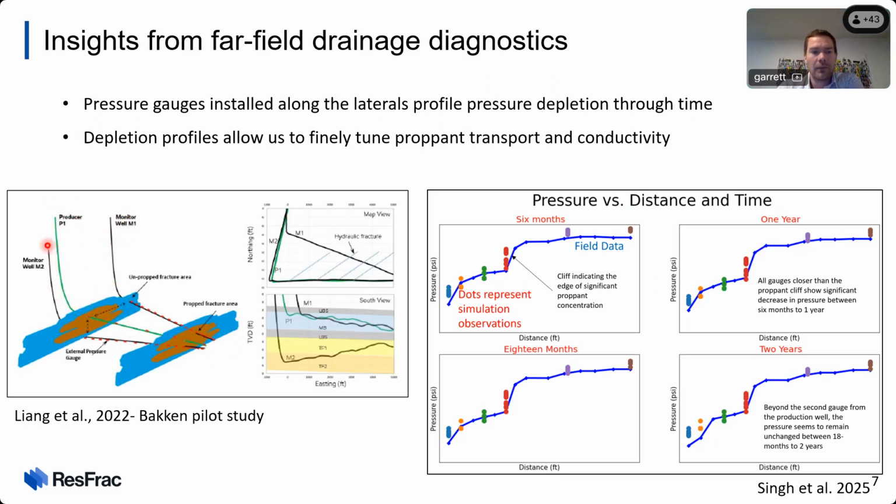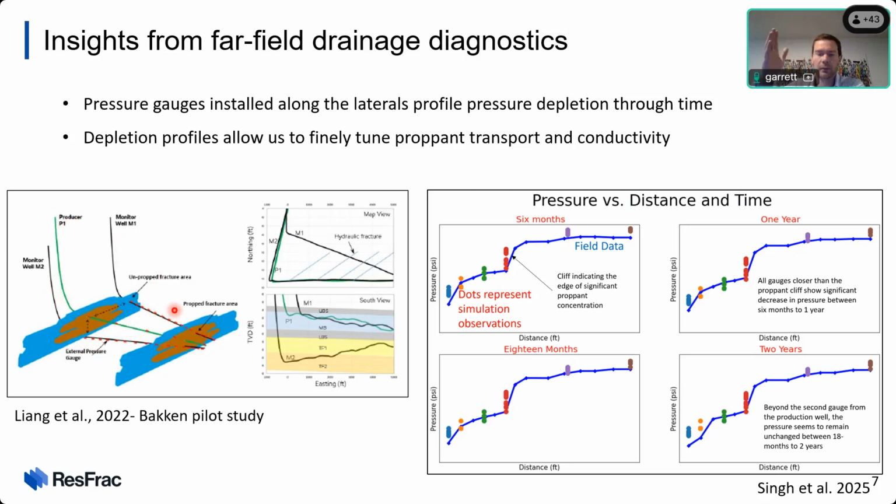Similarly, monitor well M2 is in the same vertical plane as P1, but the toes are about 10, 20 feet apart, and the heels are 400 plus feet apart. Then in both M1 and M2, they installed a series of pressure gauges across the laterals and cemented those in. So the idea is that as we fracture P1, we can watch the fractures cross, and we'll see pressure blips,